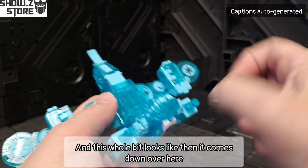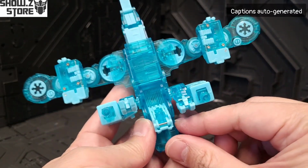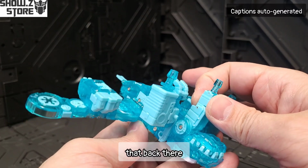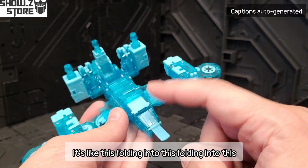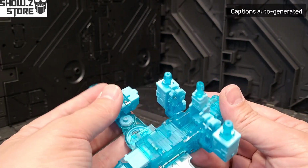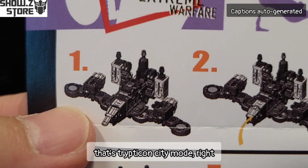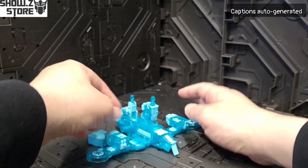And this whole bit then comes down over here, and then this bit opens up, and there is this missile or blaster thing back there, and it's supposed to be this tower. It's not terribly convincing, and this thing has a lot of fold up bits, this folding into this, folding into this, all folding out, the legs all folding out. I don't know what this is supposed to be. This is the first mode that it starts in right here, and I want to say that's Trypticon City mode, right? I think it's a city mode. Like that. Oh, it's all falling apart, but...